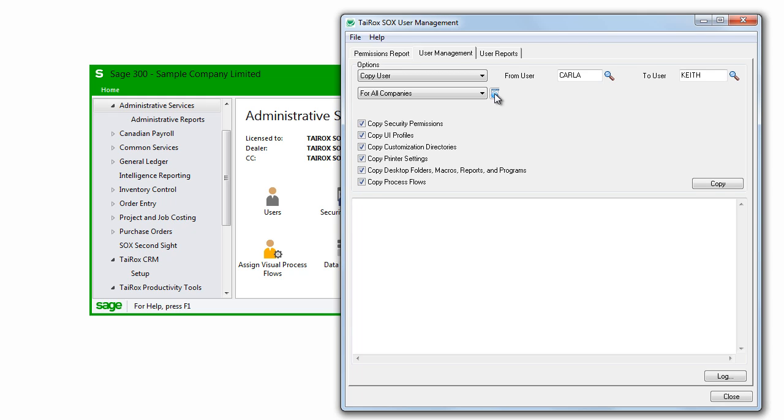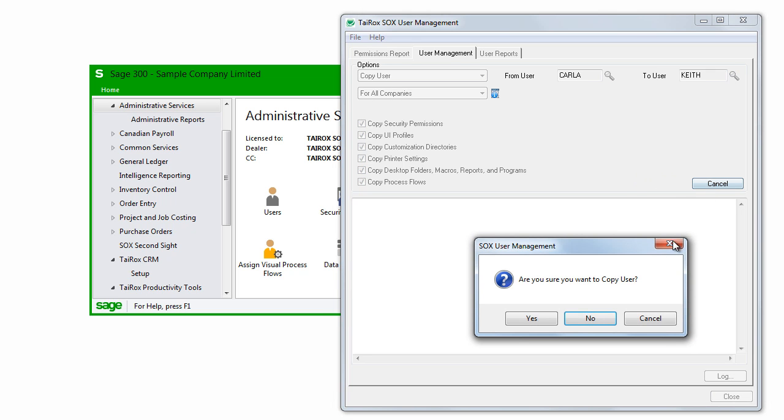In addition to copying security permissions, SOX User Management also lets us copy user interface profiles, which control the fields available to users on forms and input screens, customization directories where user-specific reports are stored, printer settings, desktop customizations and macros, and process flows. Once we've made our selections, we'll click the Copy button and confirm that we want to